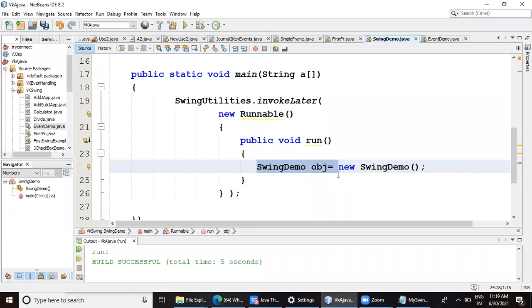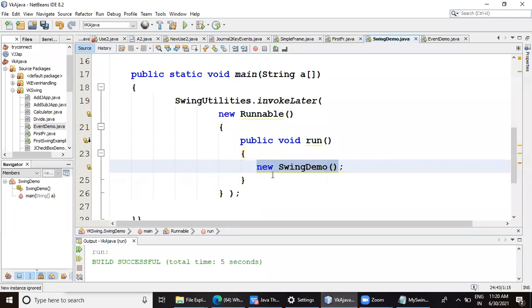Then what do we do? We don't give him any label or badge that he is a CR or LR or some monitor, GS, etc. It is just an unofficial thing, which is going to be destroyed after the event is over. So similarly, you can see here, when we execute this complete line, this OBJ is created for some permanent use and memory will be allocated. Instead, when we don't do this, we just say new SwingDemo.